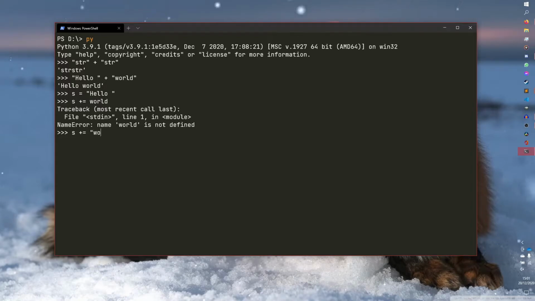S plus equals world. See, I used my error handling knowledge from last video to work out what was wrong there. And if we print s again, we get hello world, and then we can do the same thing again, and we can just hello world. Yay. Woo! But yeah, you can use the plus and the plus equals in the same way that you could with